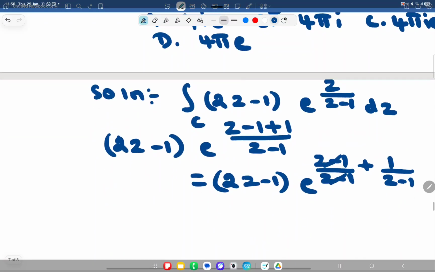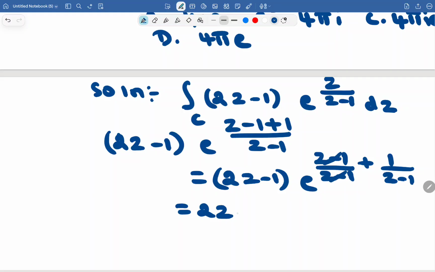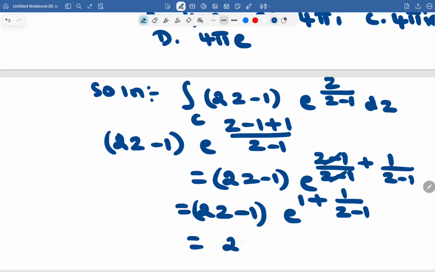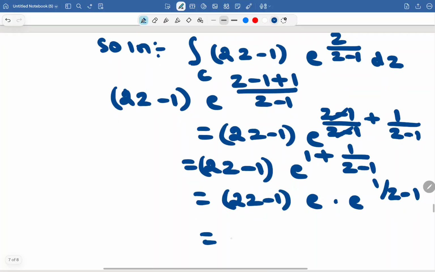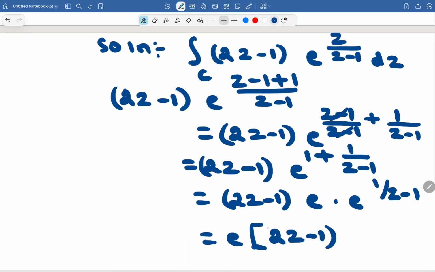This is nothing but (2z minus 1) e^1 e^(1 by (z minus 1)). You can write this further as e into e^(1 by (z minus 1)), which is equal to e into (2z minus 1) e^(1 by (z minus 1)),